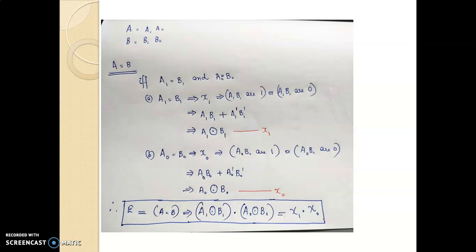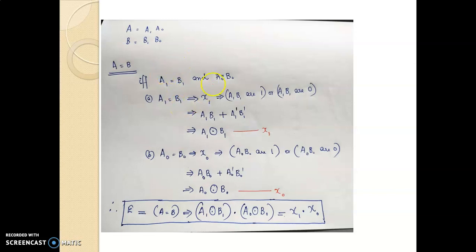You have seen that for single bits, A1 and B1 are equal only when A1 XNOR B1. We have seen that in the 1-bit magnitude comparator, that is, the 2 bits are equal only when A1 XNOR B1. The same we got here. A1 is equal to B1 when A1 XNOR B1. We are calling this equation X1, and the one part, A1 equal to B1, is over.